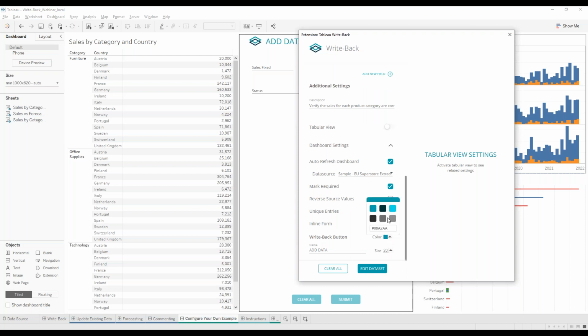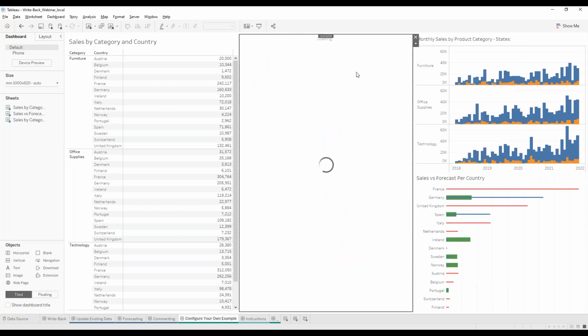Additionally, if necessary, you can actually configure the look and feel here, and I can just say, for example, this is the sales fixed form, and you can change the size if you see that it's too big or too small, and so on. Right, so once we apply this, we'll see that the look and feel got updated a